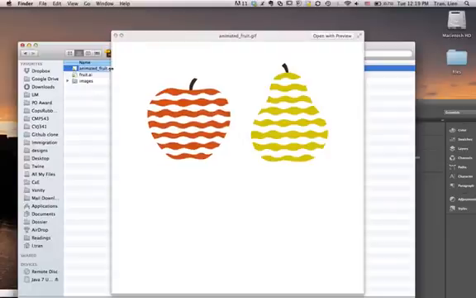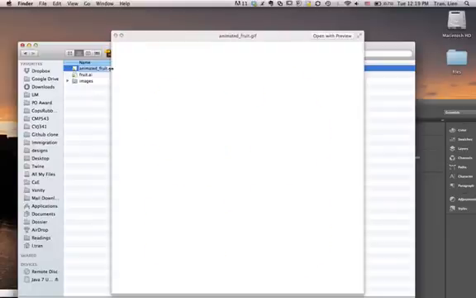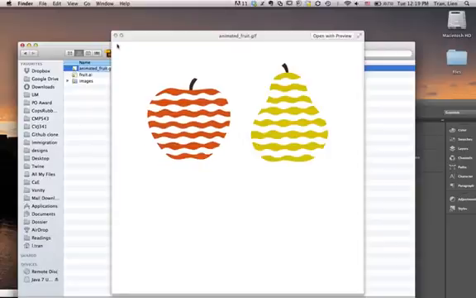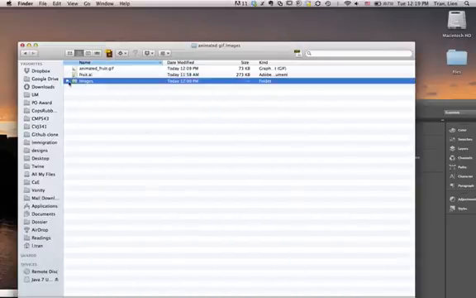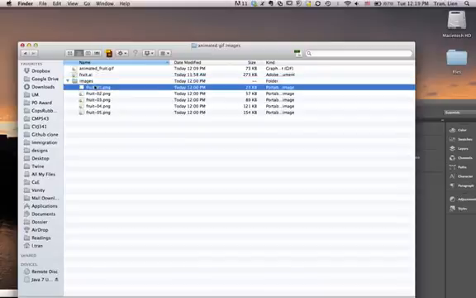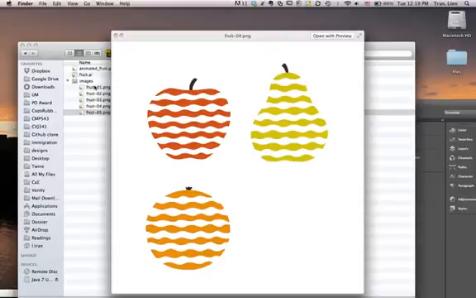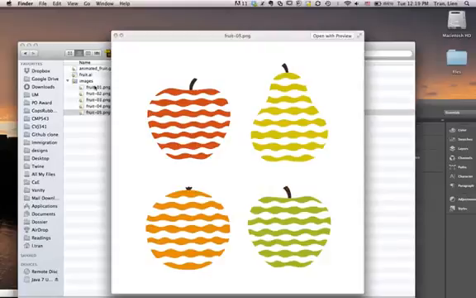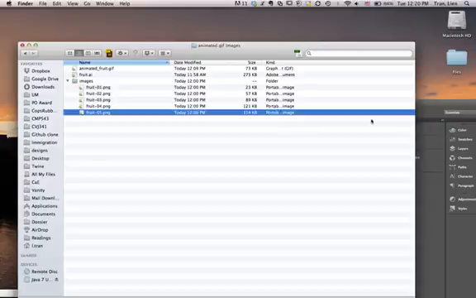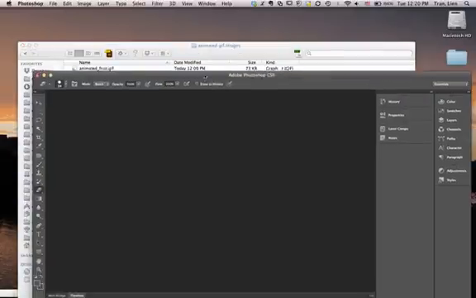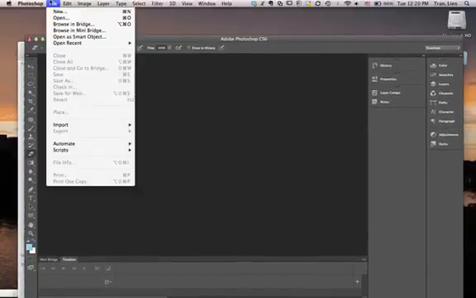To create an animated GIF that has 4 fruit images that appear and blink. All right, so first we're going to use the images folder that I've shared with you, which has a blank image, then an apple, a pear, an orange, and another apple. Okay, so that's the folder we have of images, and then we're going to go to Photoshop and go to